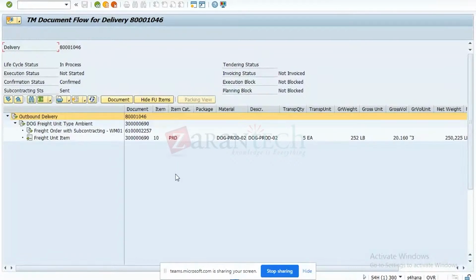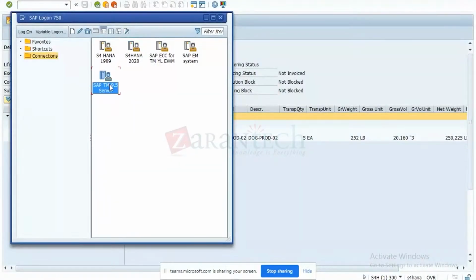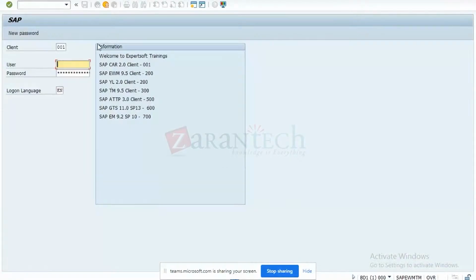So now we will see how a freight unit looks like. You have seen that whenever we are creating any type of freight order or freight unit, or even if you are moving into standalone TM, it is the same thing. There is no difference. There is no change at all. So if I go into this 300 client,